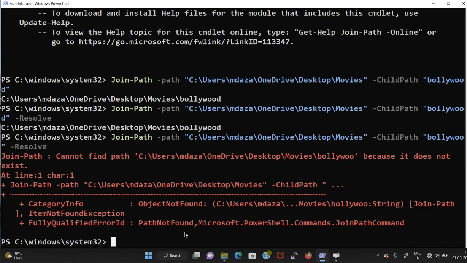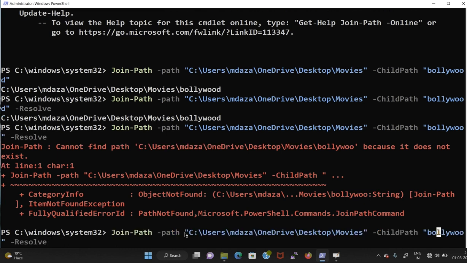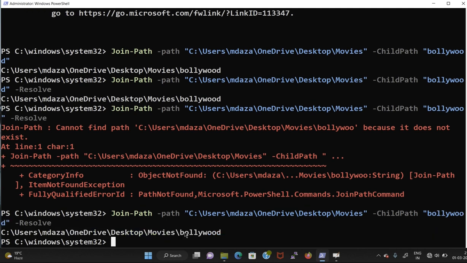And let's try to understand another. If you want to correct it, you have to add D here and hit enter. Now you can see it is returning the path, so you have fixed it. And here is one more thing that we have to understand: whatever path you use, they have a different